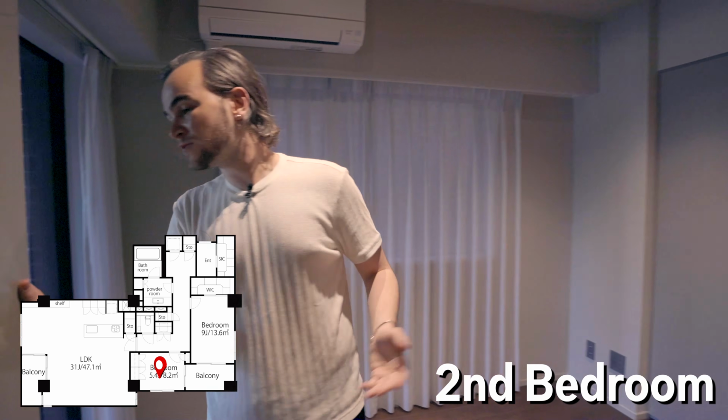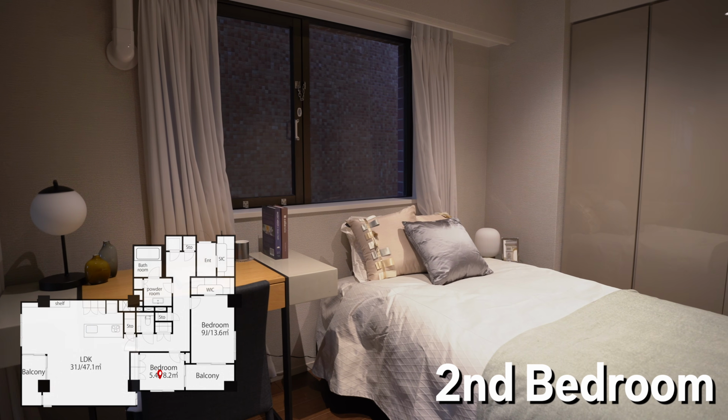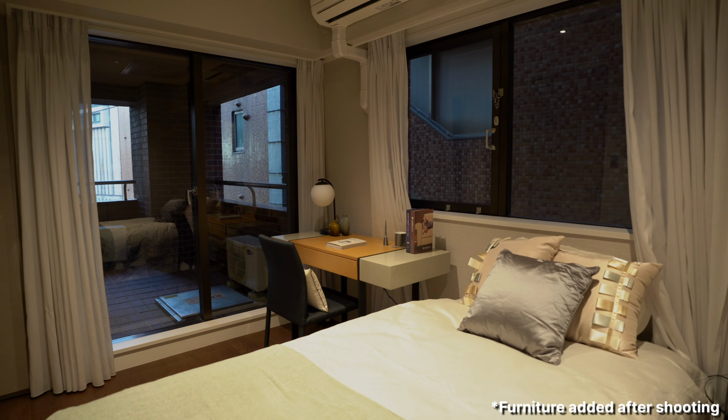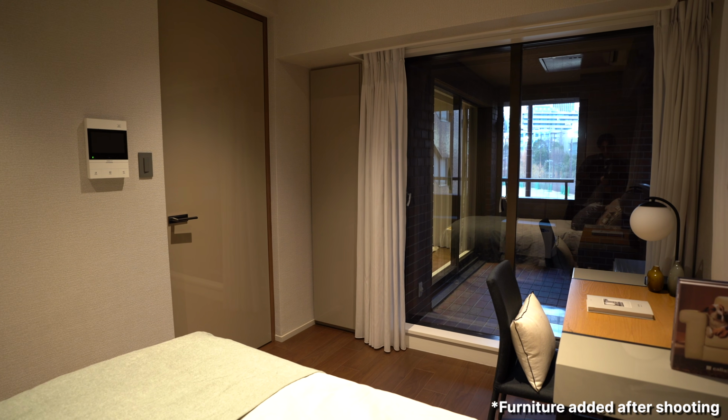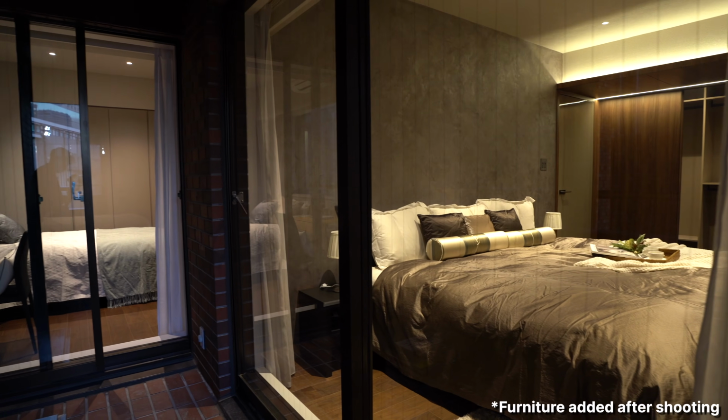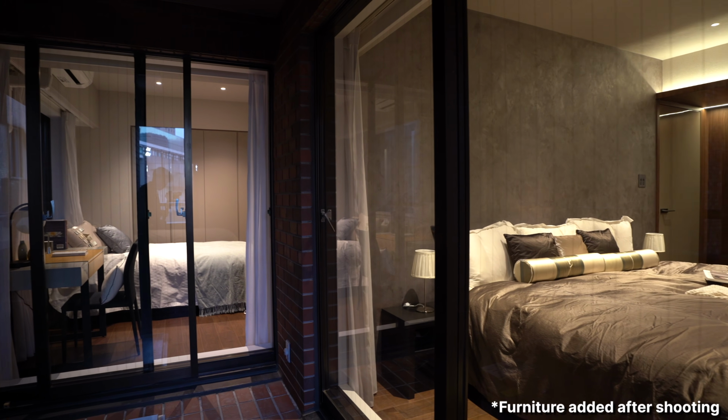honestly, I would probably use this either as a guest bed or maybe as like a little office-y kind of space. You have plenty of natural light coming in. It's kind of dark right now already, but believe me, it was bright before. And I didn't show you this coming out of the master bedroom, but you actually have a very nice balcony right over